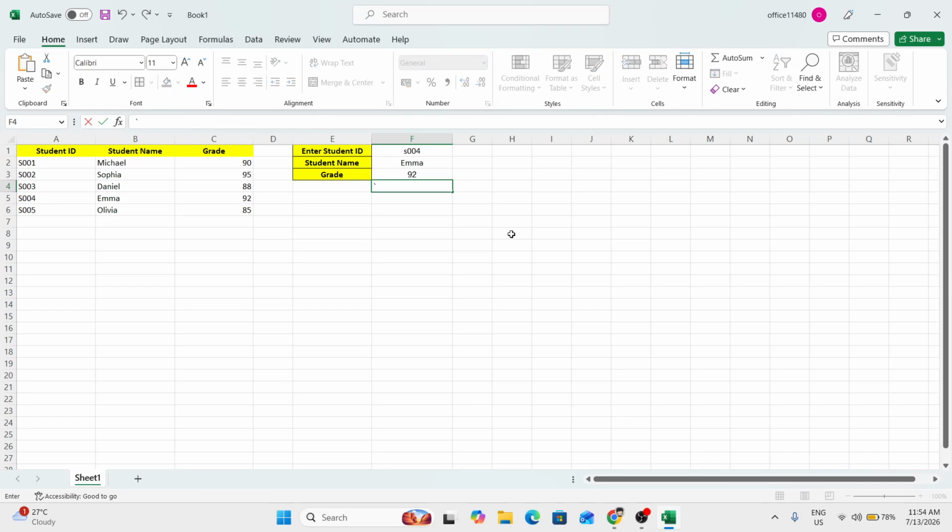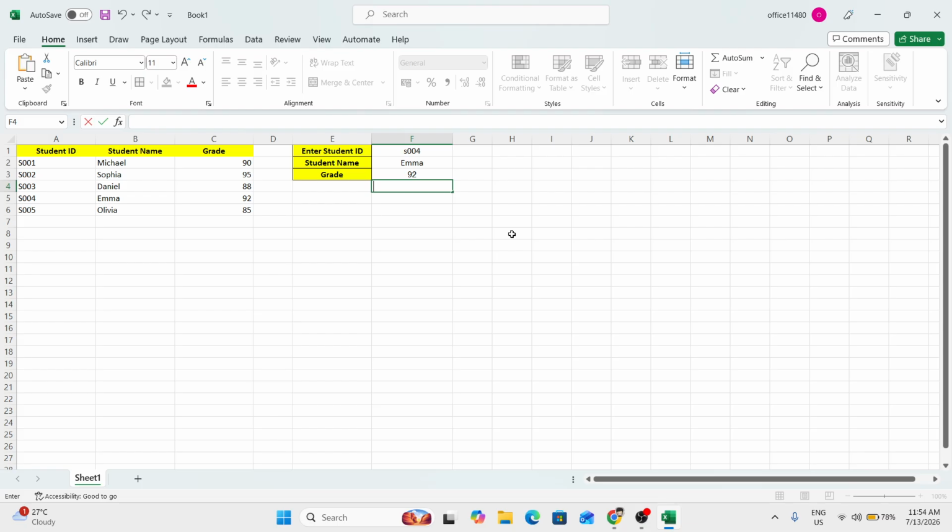In today's video, I'm going to teach you how to use the INDEX MATCH function in Microsoft Excel. The INDEX and MATCH functions are often used together to perform flexible lookups in Excel. Unlike VLOOKUP, which has some limitations, INDEX and MATCH can return values from either the left or the right side of your lookup column. That makes this combination especially useful when your table layout doesn't fit the structure that VLOOKUP